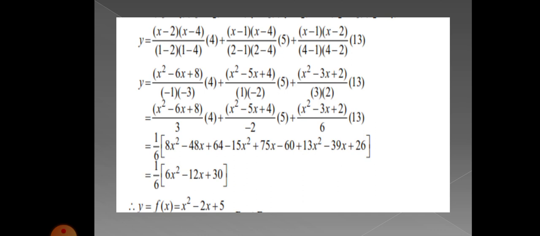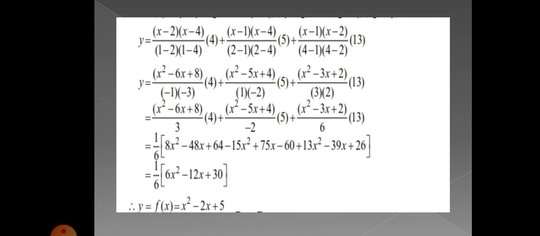Then compare the first value. If we are obtaining 6 as the LCM, what value do we have to multiply in the first one? In the denominator we are having 3, so 2 will be multiplied in the upper polynomial. First case. Second case, minus 2 will be in the second case. For that you have to multiply with 3 in the upper polynomial. So there you will get some value. And finally the last one is 6, so no need to multiply anything.